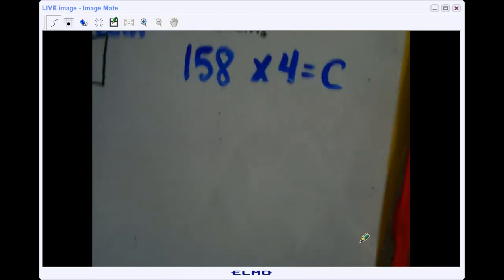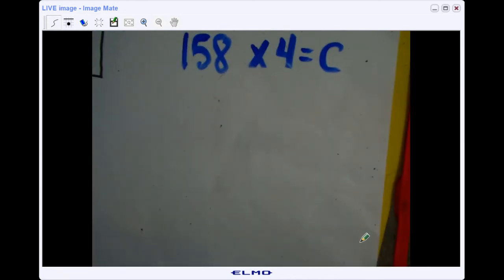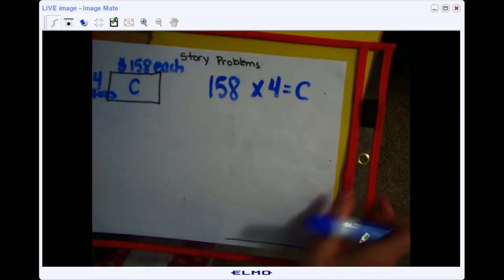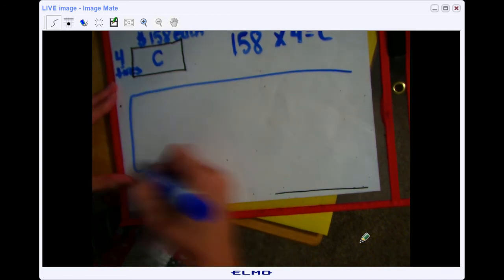Okay, and now step 7 is to solve that. So I can solve that using any method I'd like. I'm going to solve it using the area method. If you would like to use the area method with me, you can. If you want to use your own method, feel free to do that and then just check our answers at the end. So I'm going to draw a nice big rectangle